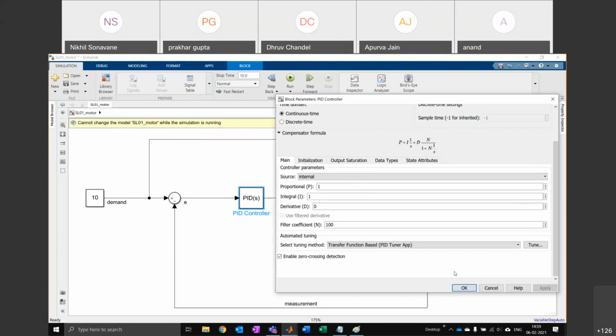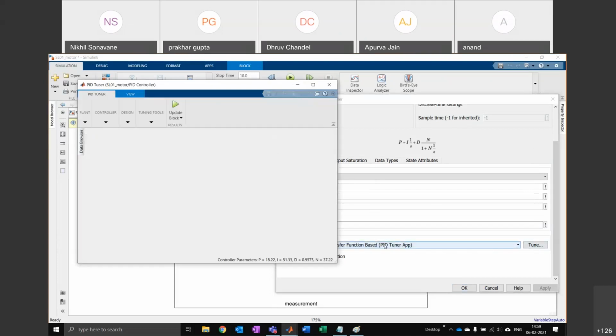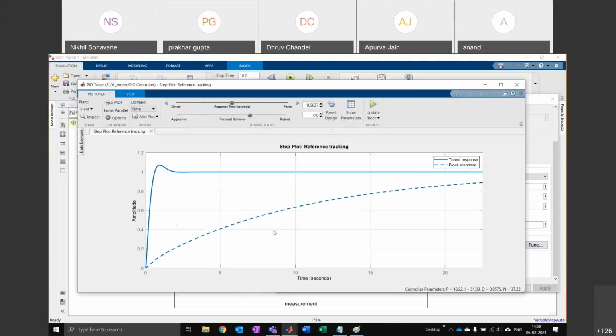So you just put in a PID controller, open it by double clicking, and then scroll down on the right hand side. You see this button tune, and then you press it. Okay, so when it loads up, what you will see is a screen that looks like this guy here.